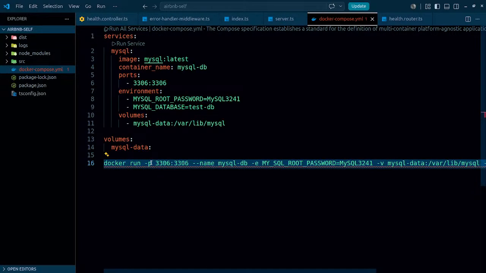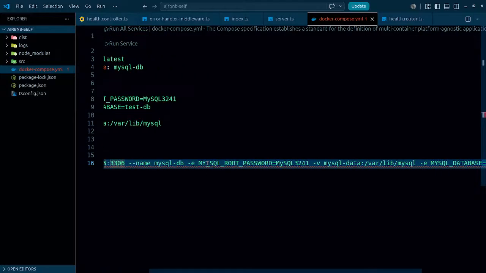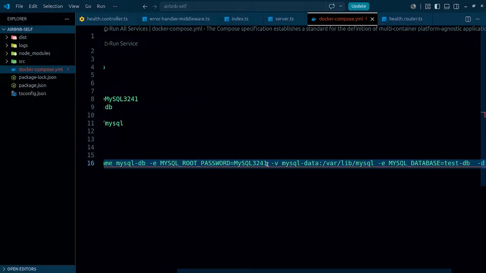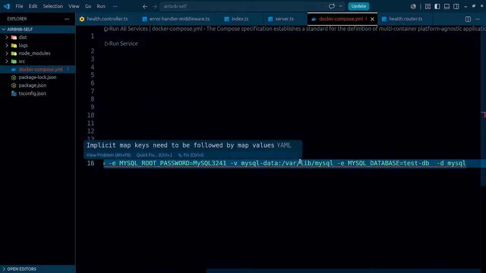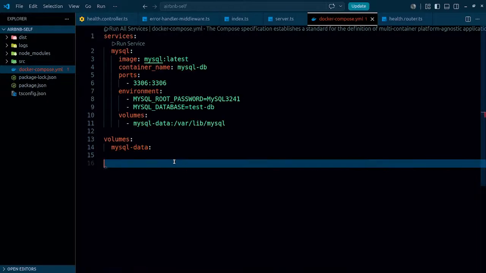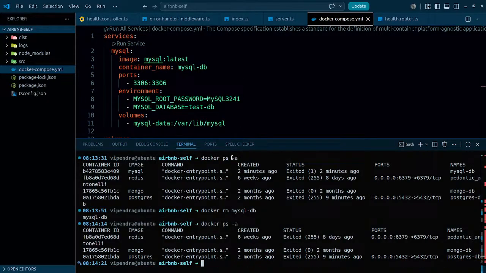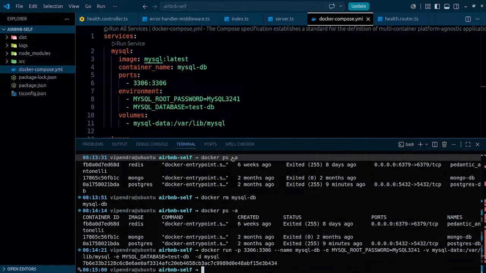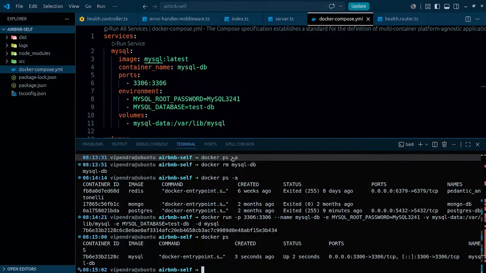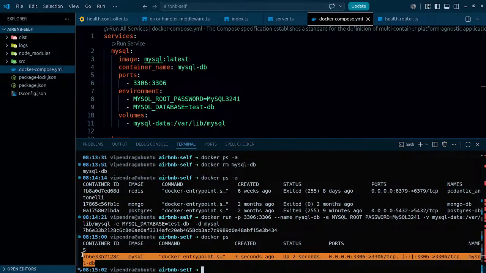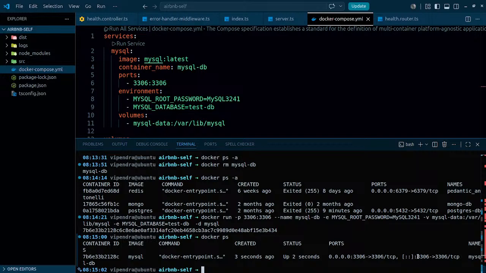So first of all we have docker run, the name is gonna be my environment variable. This colon was there, MySQL root password, and everything else is fine. Cut, paste it again and run it. So right now if I say docker process status, we have it running and it is running on this 3306